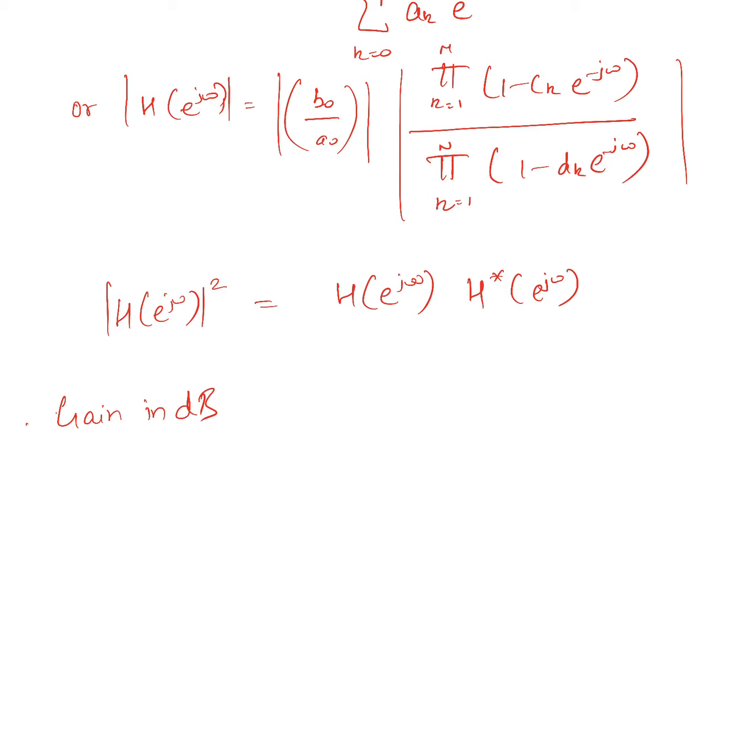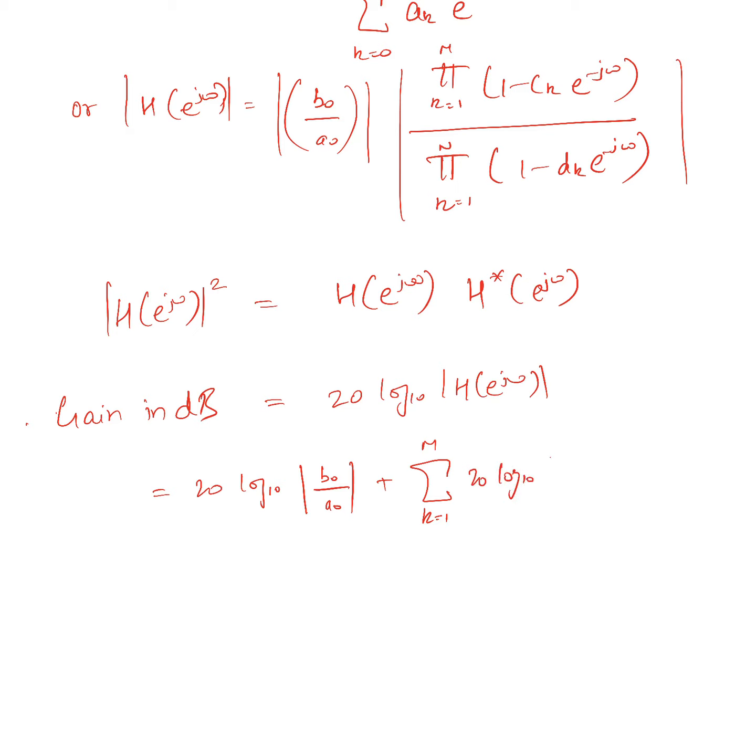So the gain in dB is computed by taking 20 times log base 10 of the magnitude function of H of e to the power j omega. So for the above expression, it would be 20 log base 10 of b naught by a naught, and by using the logarithmic property, it can be written as the summation from k equal to 1 to M